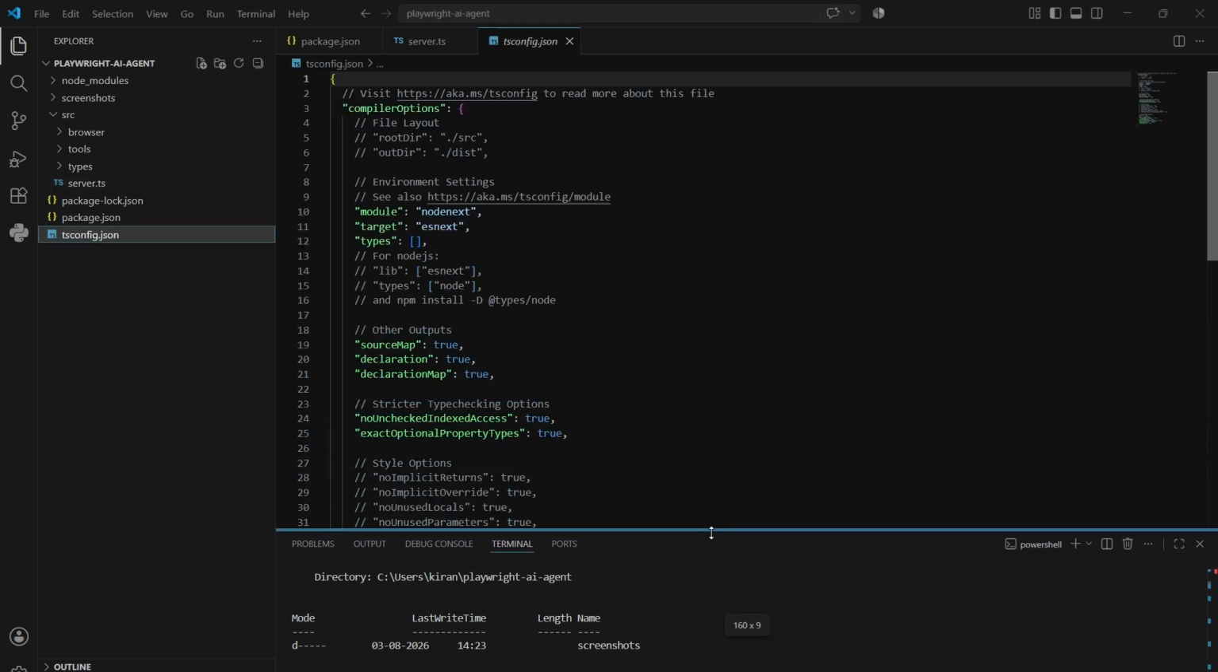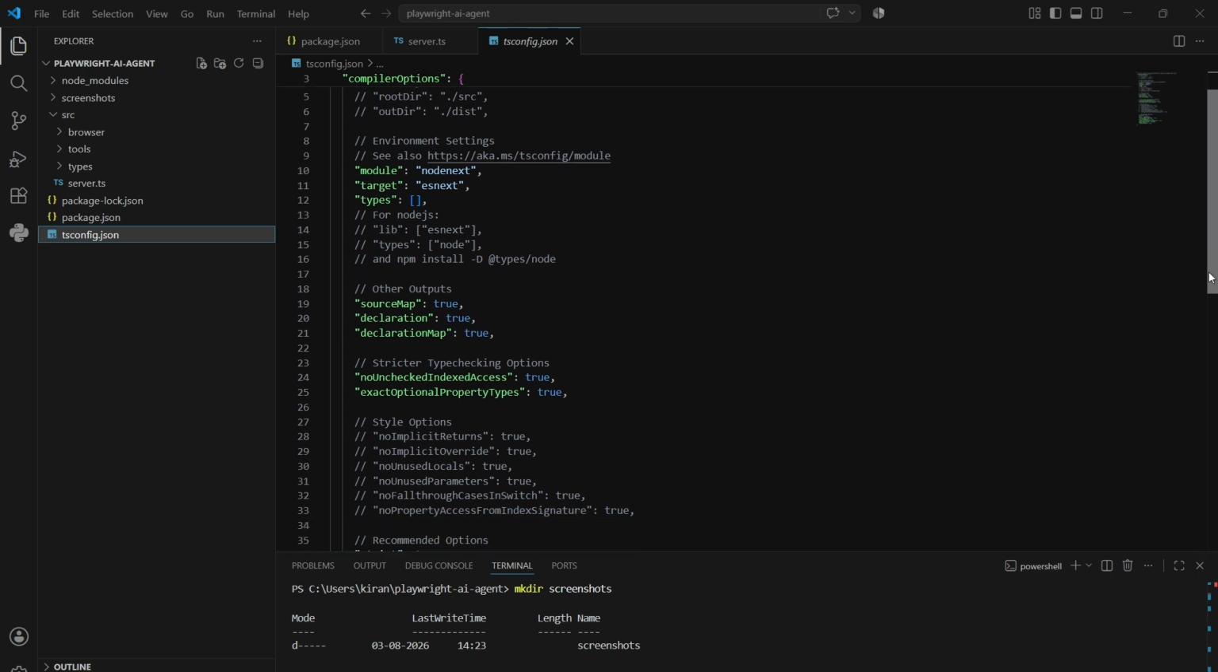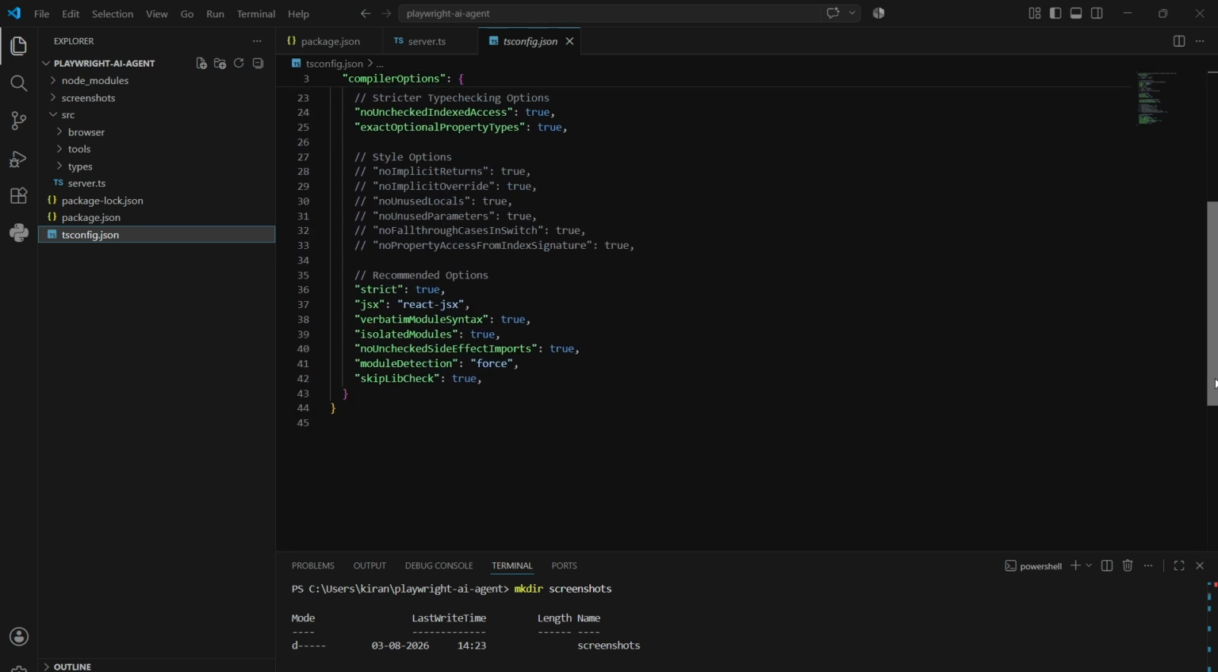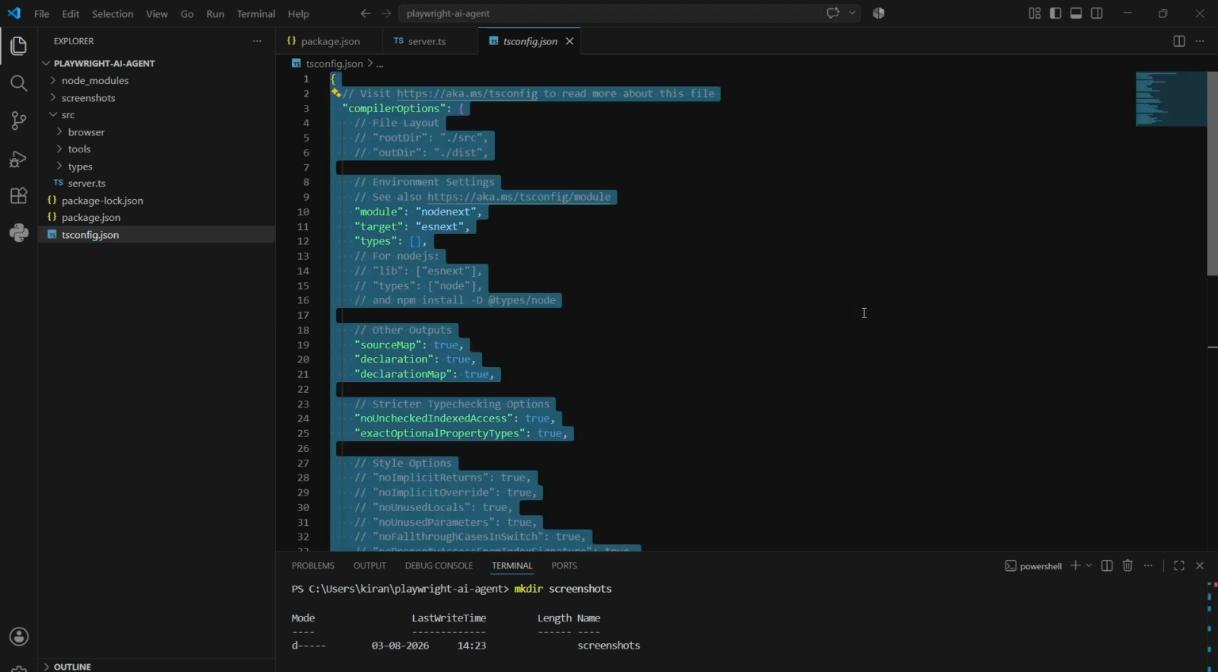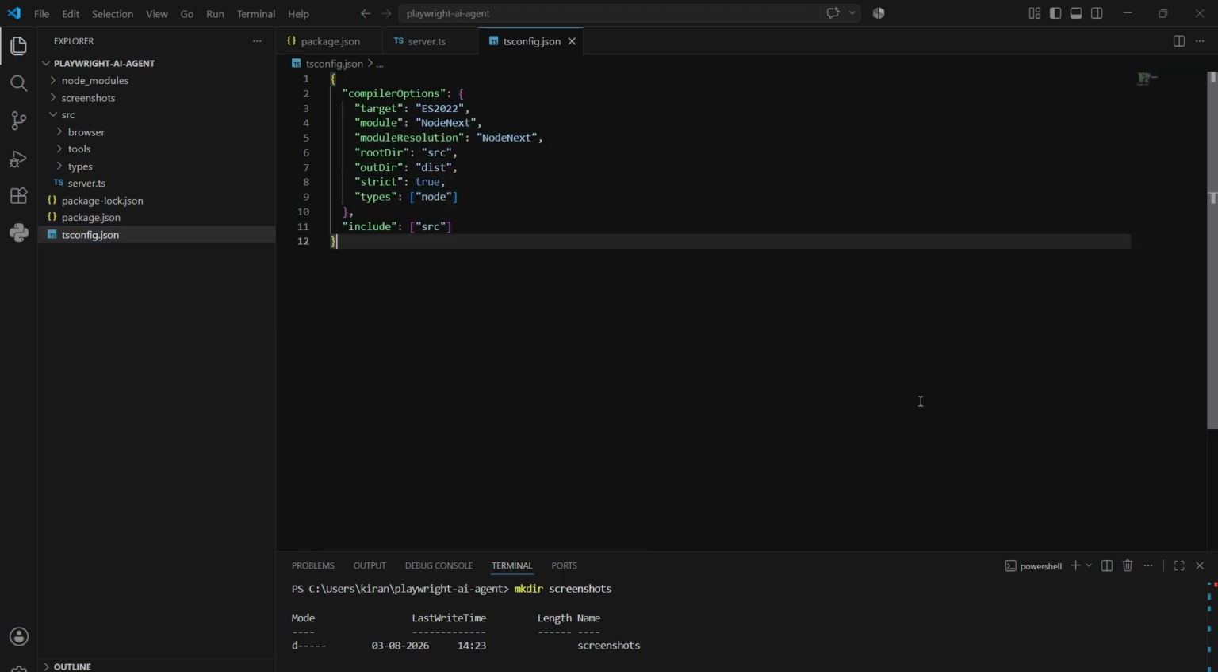Let's go to the tsconfig file. Here, just remove this already created code and add our configuration here. In that, we mention the target, the module, the root directory, and also the output directory. Okay, so once it is created,